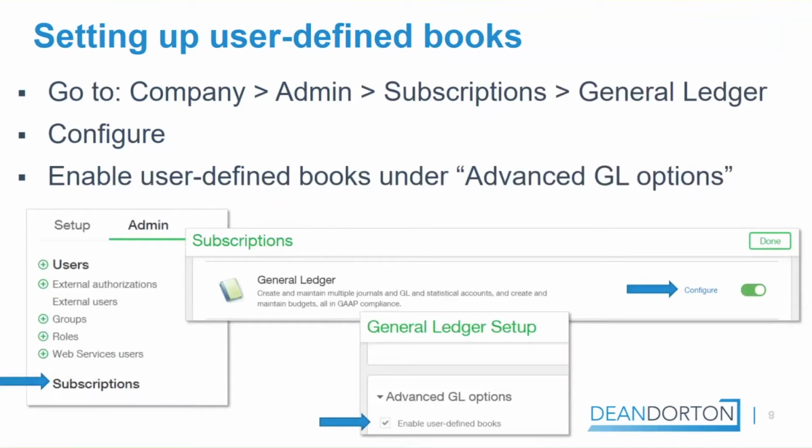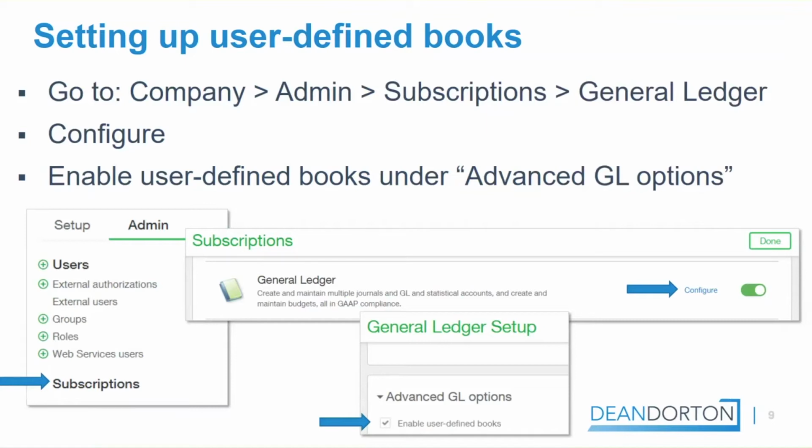So making the assumption that you have administration or admin access, some of these screens will look really familiar to you. If you don't see some of these options, your permissions may be a little bit different. So in order to set up your user-defined books and to access the permissions to update the subscriptions, you're going to go into your subscription setting. The path for this is Company, Admin, Subscription, and then General Ledger, and there's a little hyperlink to